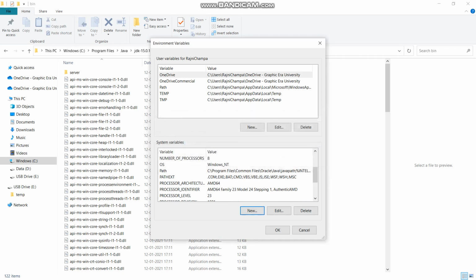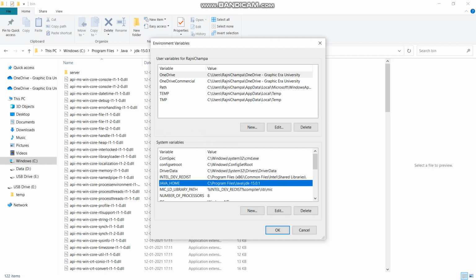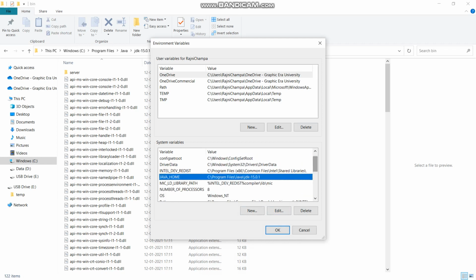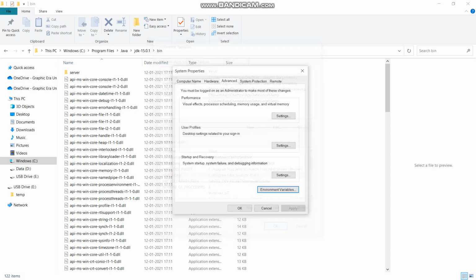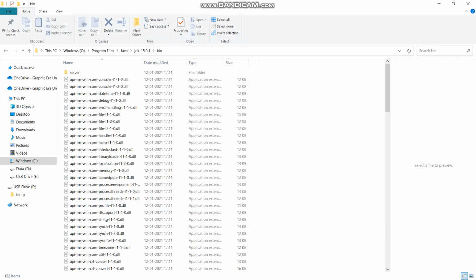In this dialog box also you can see your Java home directory. Now click on OK and OK. Yes.